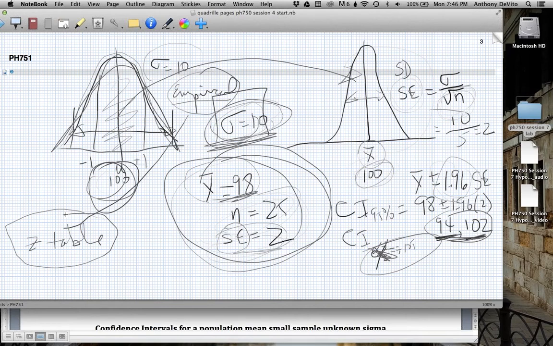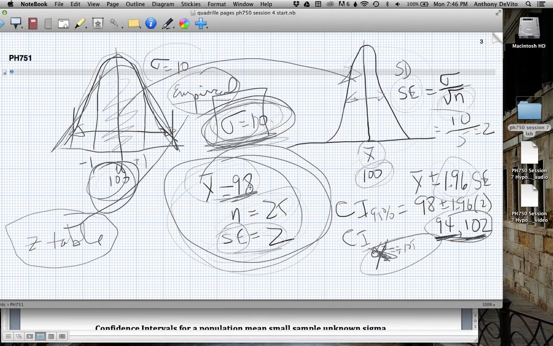Okay, so now we don't always know that, right? So we have to deal with a situation where we have more uncertainty. We don't know the standard deviation of the population. Now we say to ourselves, if I take a big enough sample size, then the variability within that sample,